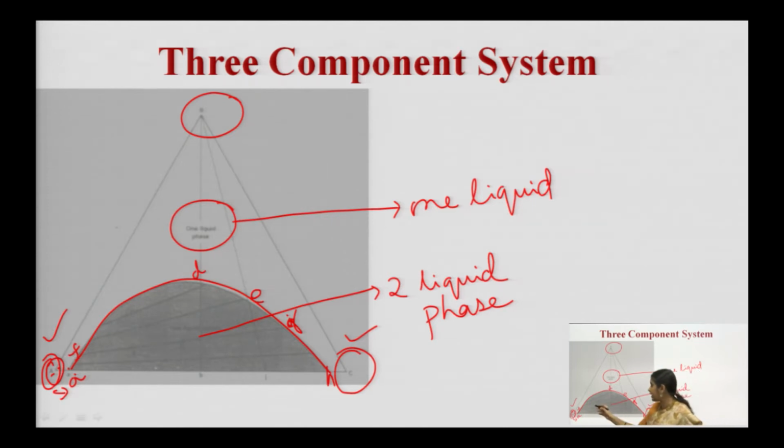And along this tie line 2 conjugate phases exist. 2 conjugate phases exist means any system which falls on this tie line exists at a constant composition at equilibrium. So, with the help of this we can find the relative composition of the phases. If we know the composition of one phase, then we can find the composition of the other phase using this tie line. Okay. And above this it will exist in one phase.